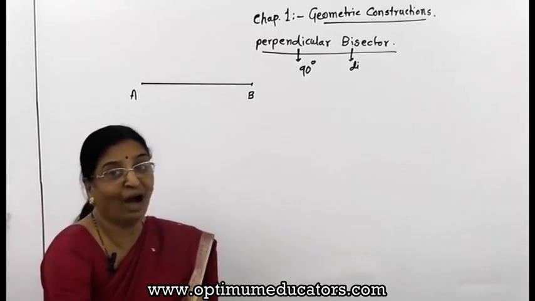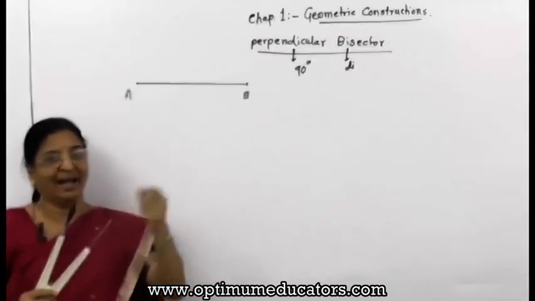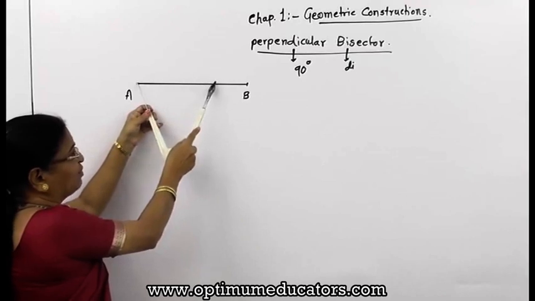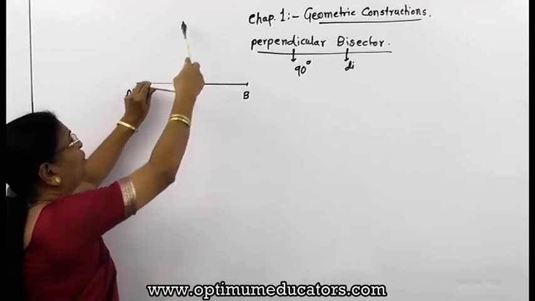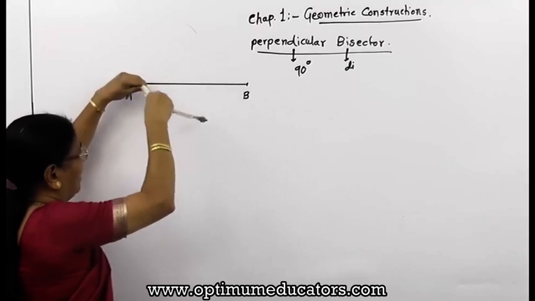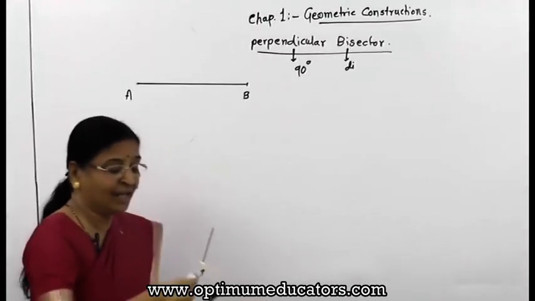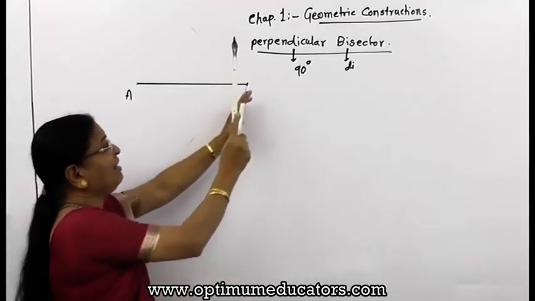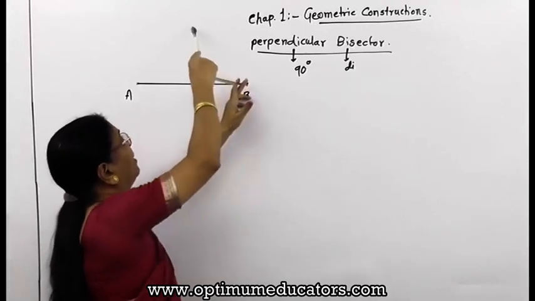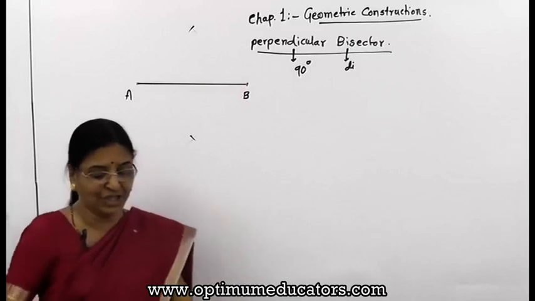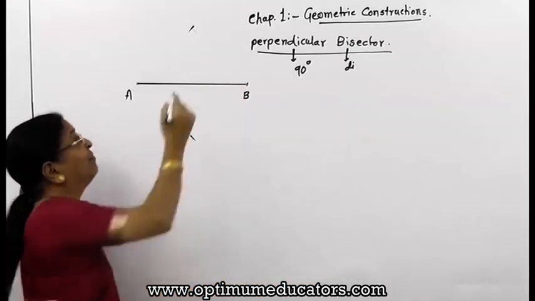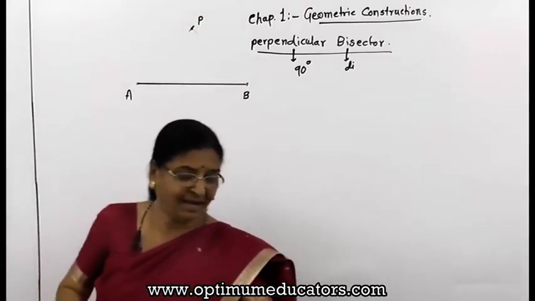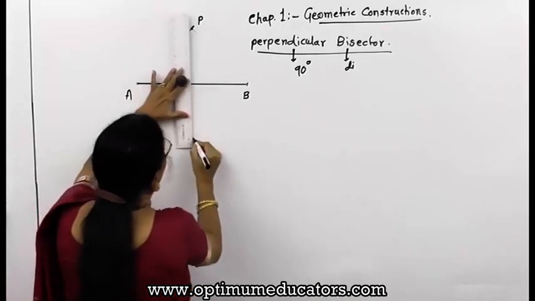So for that, how will we proceed? You have learned, and we will quickly see the procedure. Take in a compass a distance more than half, then you can draw two arcs from the upper side and again on the lower side. Here the two arcs should be done with the same distance, and so I will again mark at the point B. Then these two arcs will intersect. Here the point is P, suppose, and here is the point Q, and then I can join these two points.